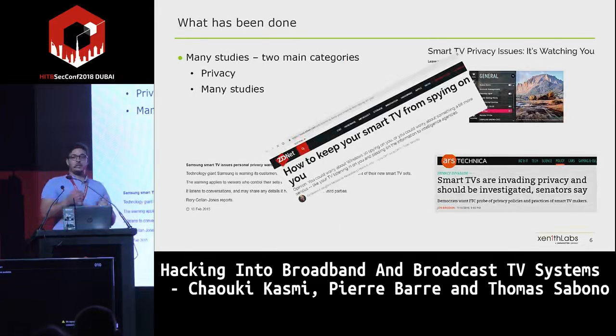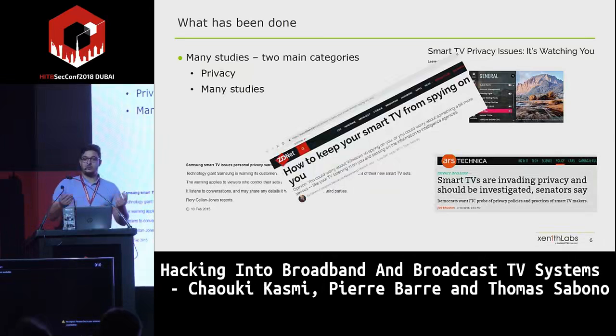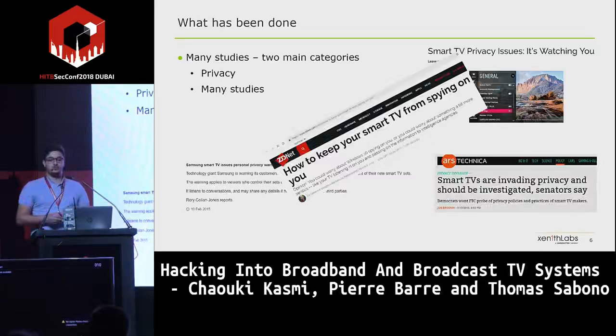So many papers have already been published on this topic related to privacy issues, showing that analytics are sent to third parties periodically, and then the manufacturer is able to analyze the way you use your smart TV.